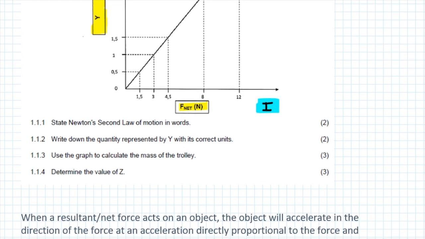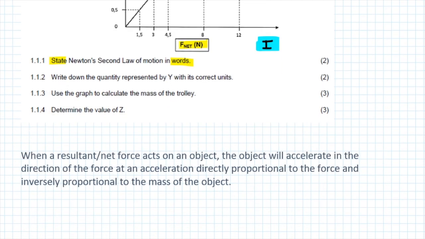It says, state Newton's second law of motion in words. Newton's second law of motion says that when a resultant or net force acts on an object, the object will accelerate in the direction of the force at an acceleration directly proportional to the force and inversely proportional to the mass of the object. So normally we award 1 mark for the first part and 1 mark for the second